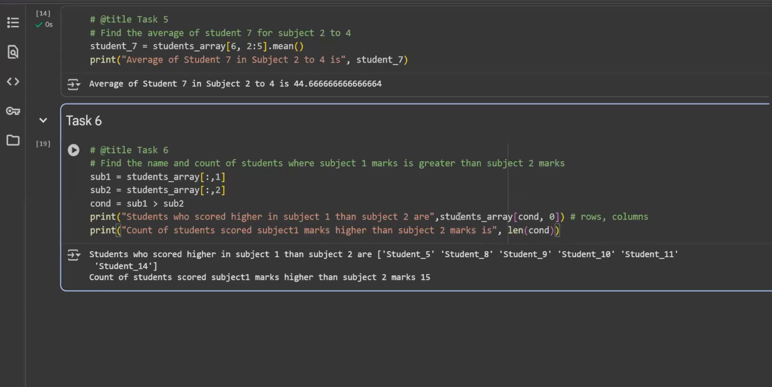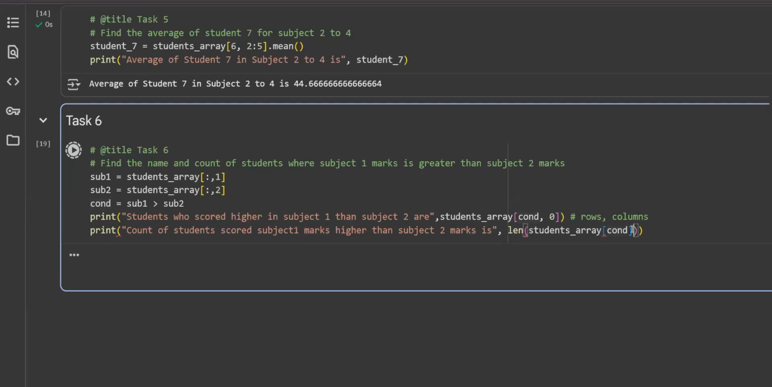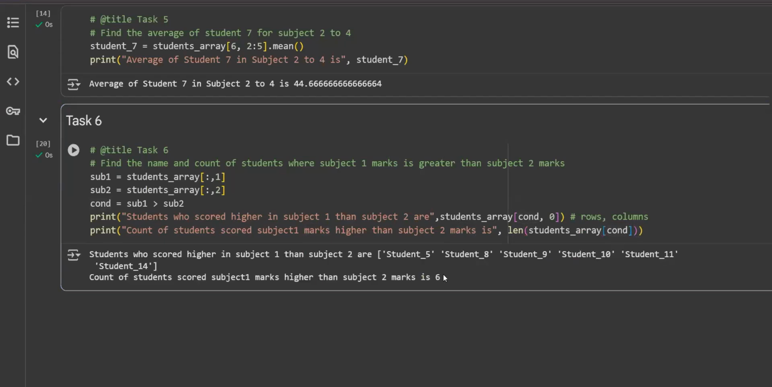So what you are supposed to do is put the entire students array also. According to the condition, you are getting the students array. Now we'll close it and let's run it. Can you see? Now we are getting the correct answer, which is 6. So this is how you find the name and count of the students where subject 1 marks is greater than subject 2 marks. Clear? We'll get back to task number 4 once we are complete with the